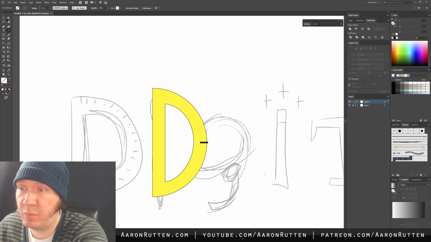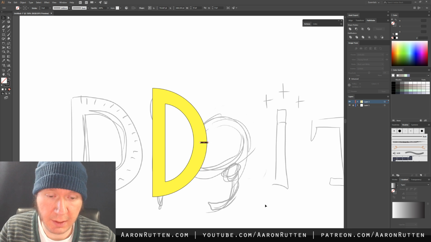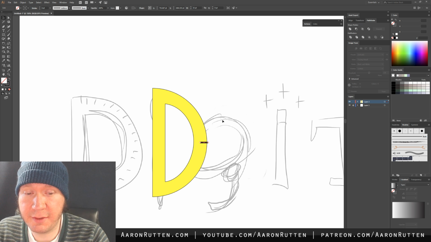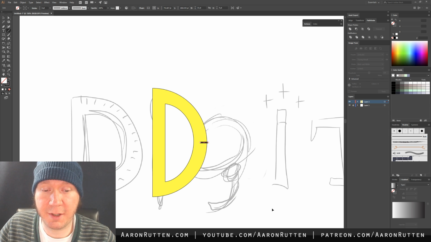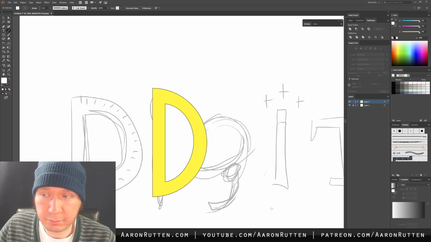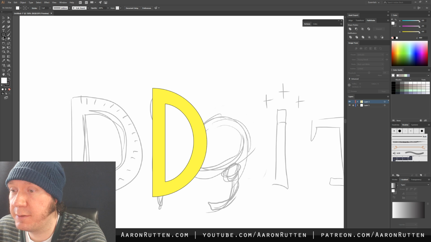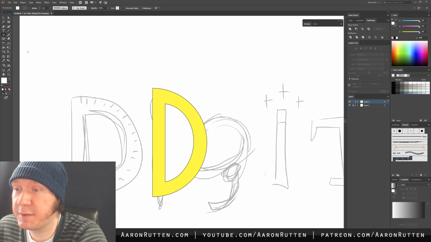So here's where it's going to get tricky. I could try to eyeball it, and I could probably do a decent job of putting in all these lines. I'll show you what we're going to have. We're going to have lines that radiate out like this, right? But I don't want to have them all be all sloppy. I want to know that they're pretty spot on. So I think what I'm going to do is use this, not the star tool,